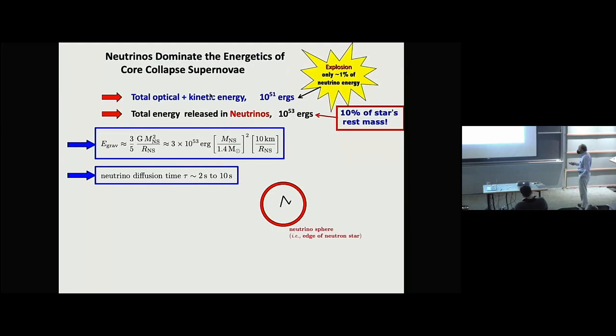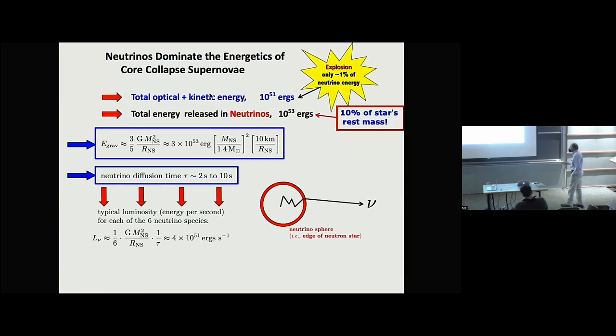Once the neutrinos are trapped inside this core, they diffuse outwards, like a random walk process, on timescales of something like seconds. And there's rough equipartition among all the different kinds of neutrinos. The other flavors are produced generally in pairs by thermal processes.